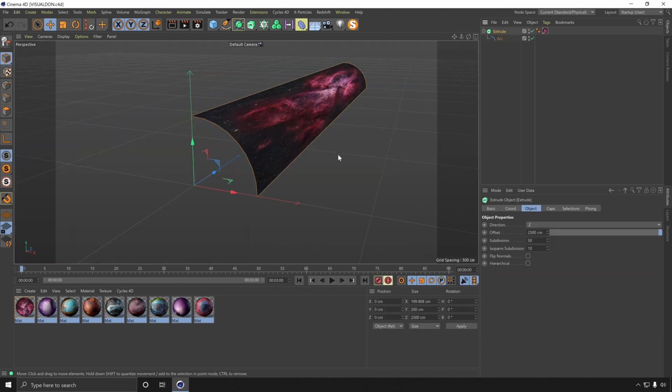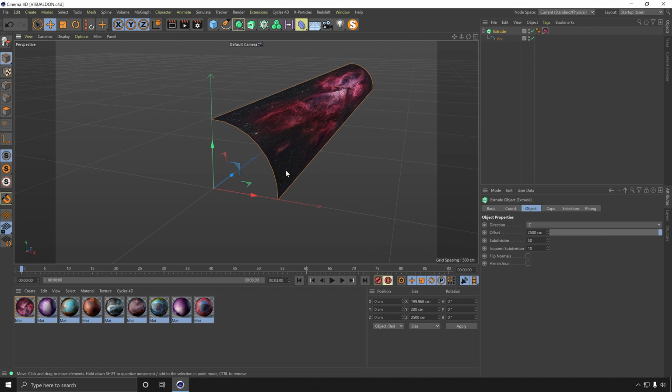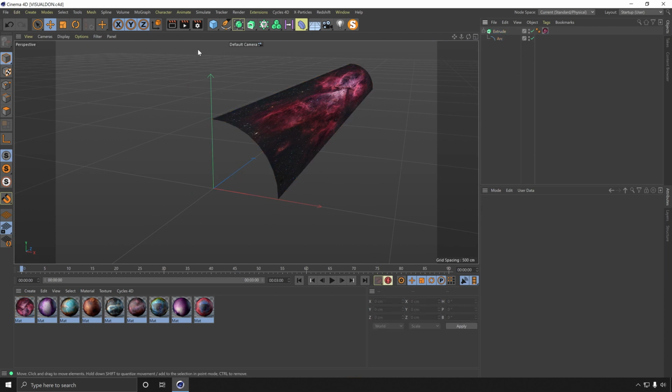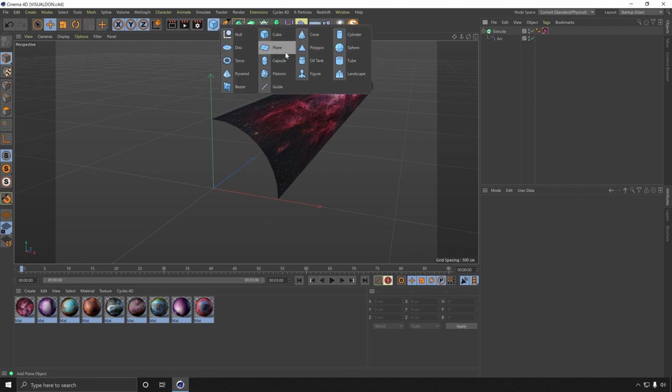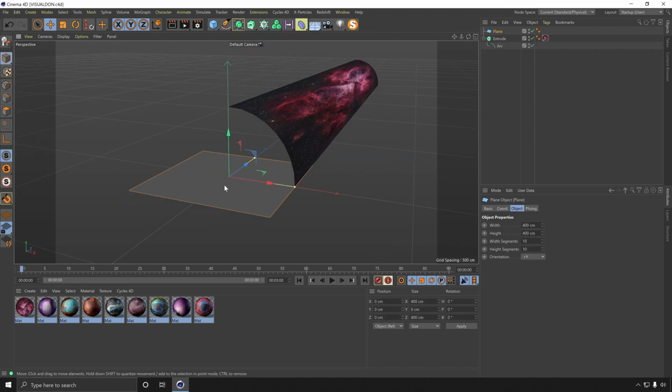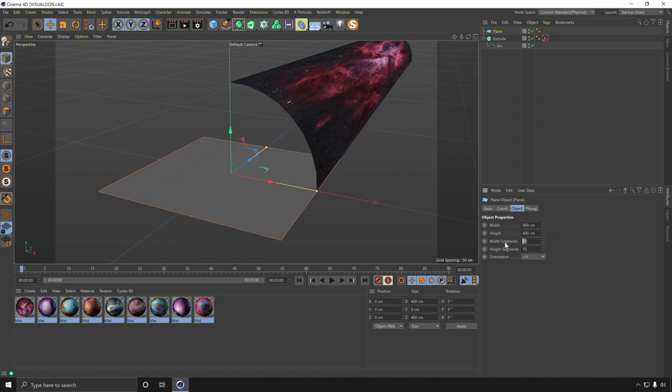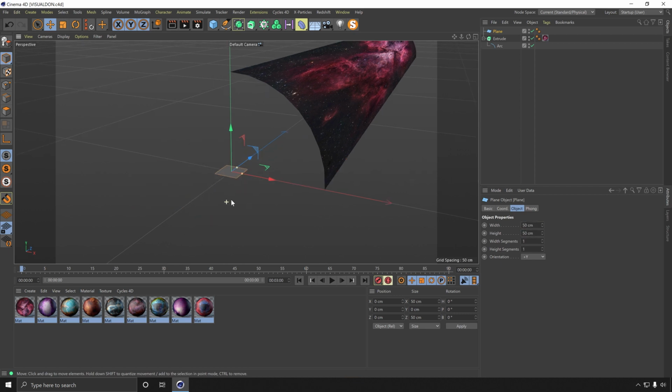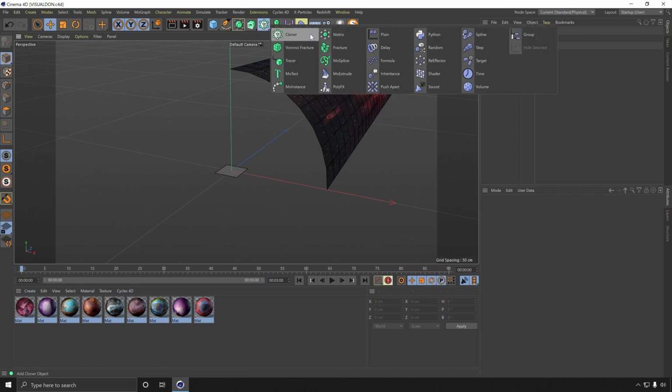So right now we just have this single arc. This needs to be cloned into a circle and then into their distance. And the setup for this was as follows. I created a guide plane. Let's give this 1 and 1 segments. 50 by 50, and we are going to put this into a cloner,